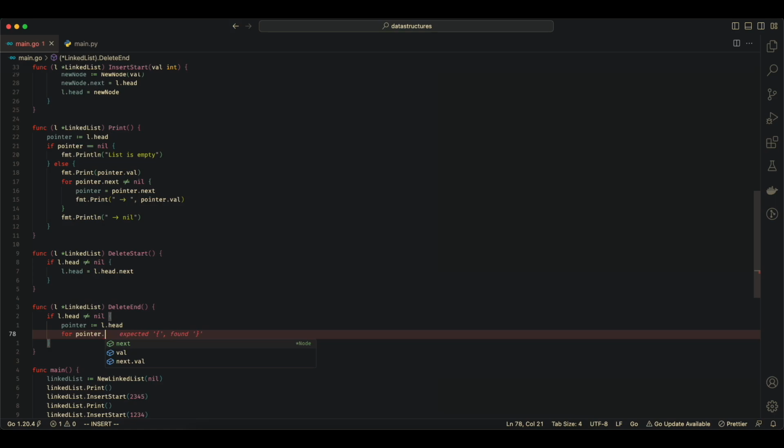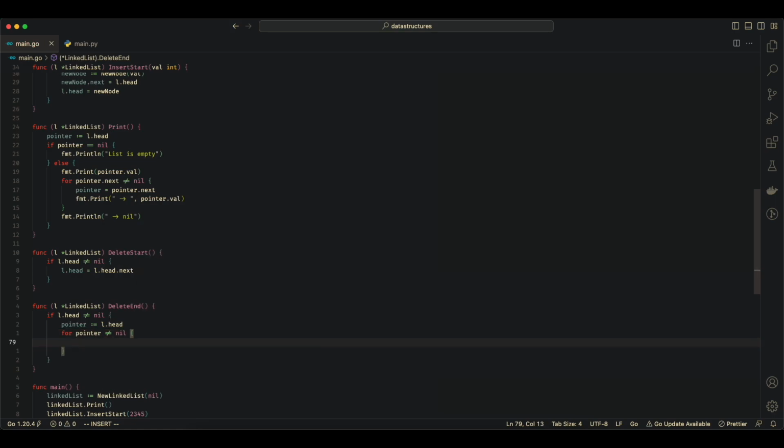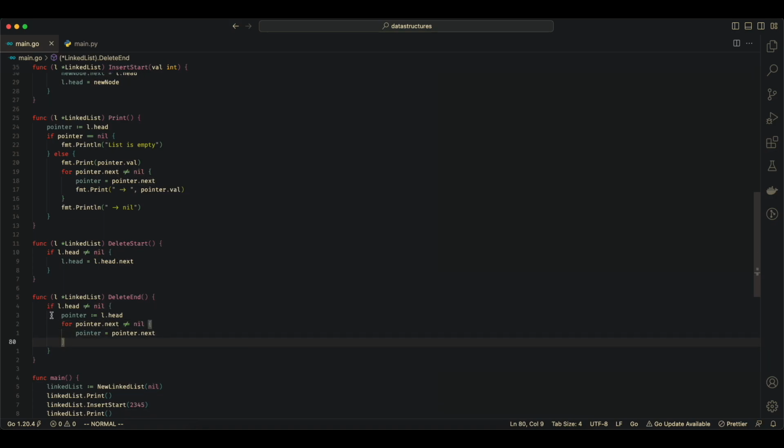So for pointer is not equal to nil, we can do pointer dot next is not nil. We would do pointer equals pointer dot next because we want to be at the last node at the end of this loop, not nil. We don't want to be at nil. We want to be at the node whose next is nil, which would be our last node. Or I don't think we want to do that either, because we don't have a back pointer. This is a singly linked list, so we don't have a pointer to